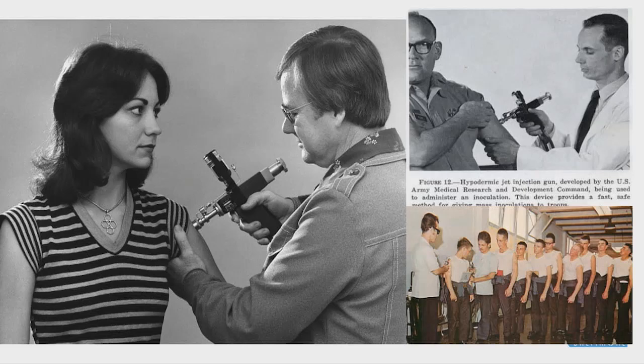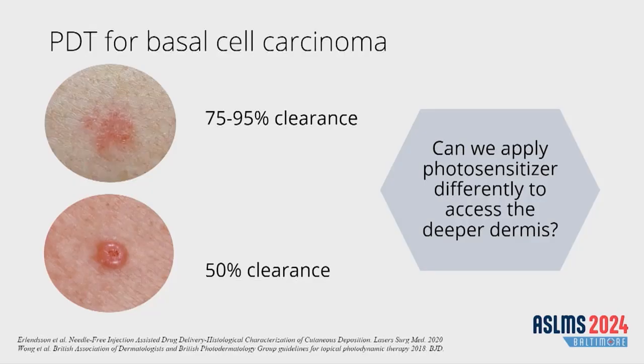You can control depth of penetration, and there's no fear of contamination as well. And they provide a needleless method to penetrate the epidermis and dermis of the skin. So we wanted to know, because there's been so much more use of jet injectors in dermatology, including for skin aging and palmar hyperhidrosis, if we could also use it for photodynamic therapy for basal cell